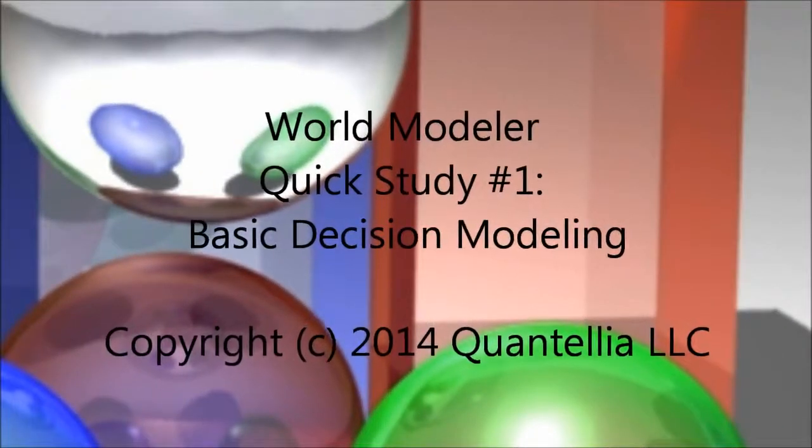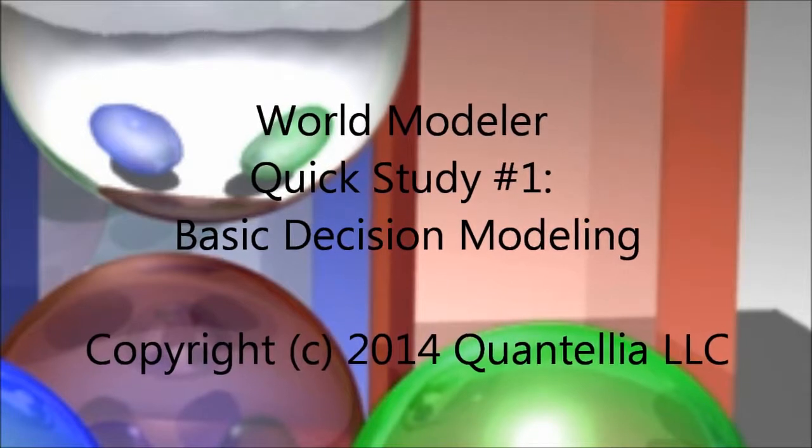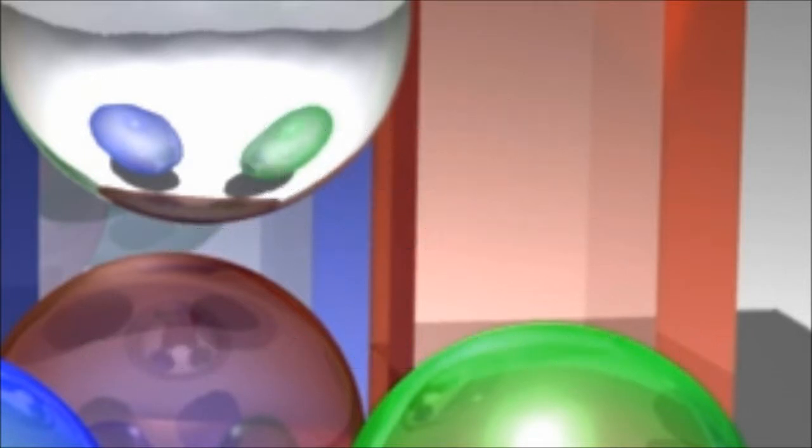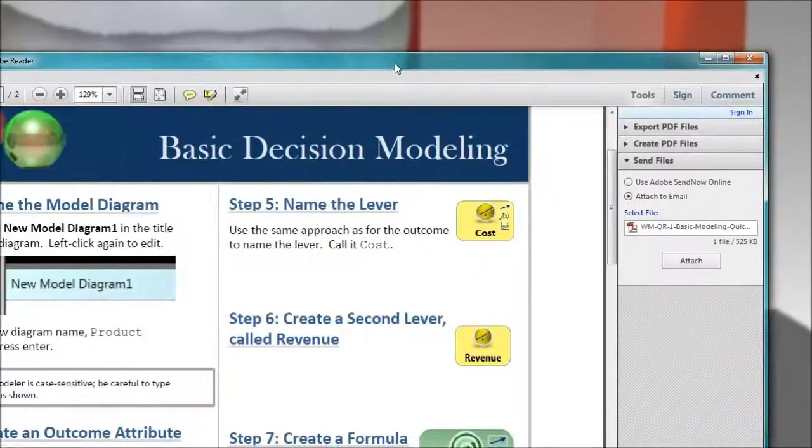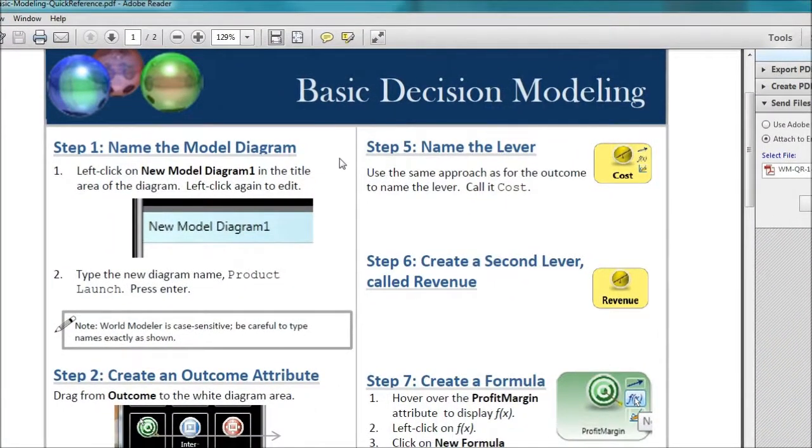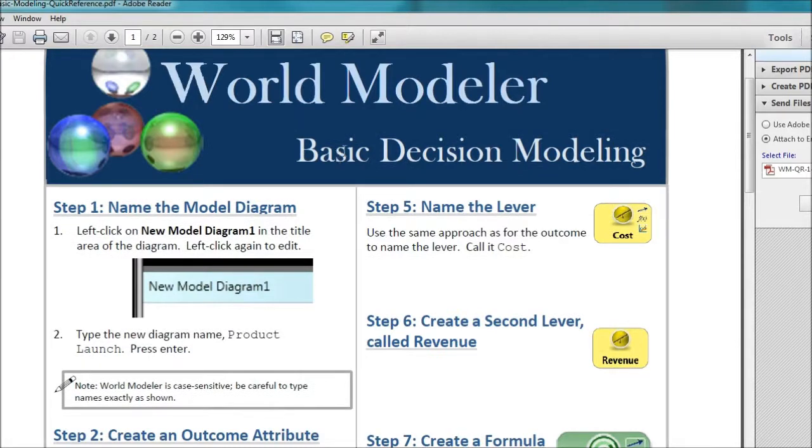Welcome to World Modeler. This is quick study number 1, Basic Decision Modeling. I'll be taking you through a demonstration of how to do basic decision modeling in World Modeler. I'll encourage you to follow along in our quick study guide number 1, shown here, called World Modeler, Basic Decision